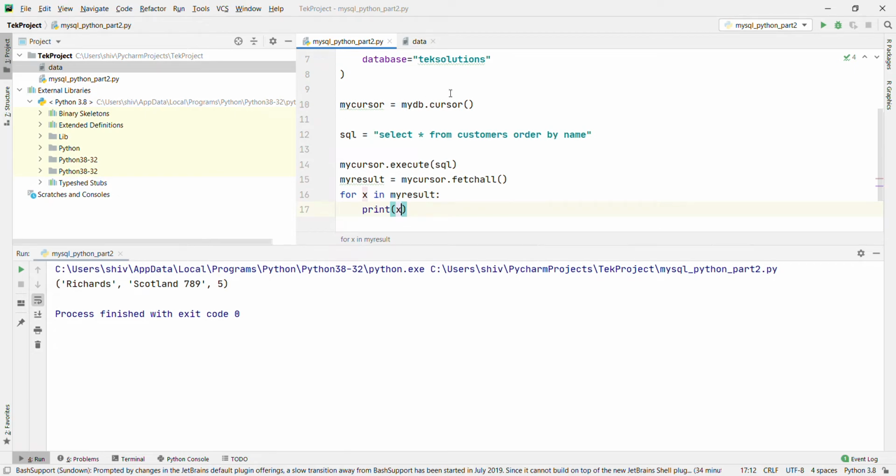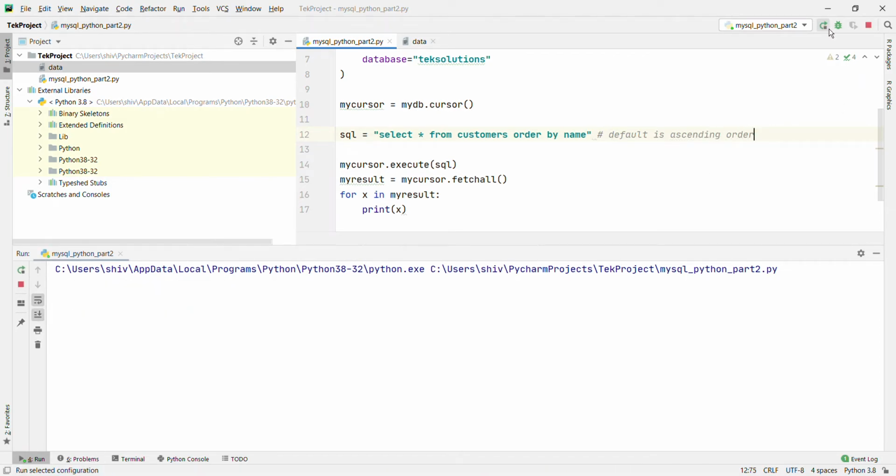Okay, then what will happen? This name is going to be sorted in ascending order by default. Default is ascending order. Okay, let's run and see.